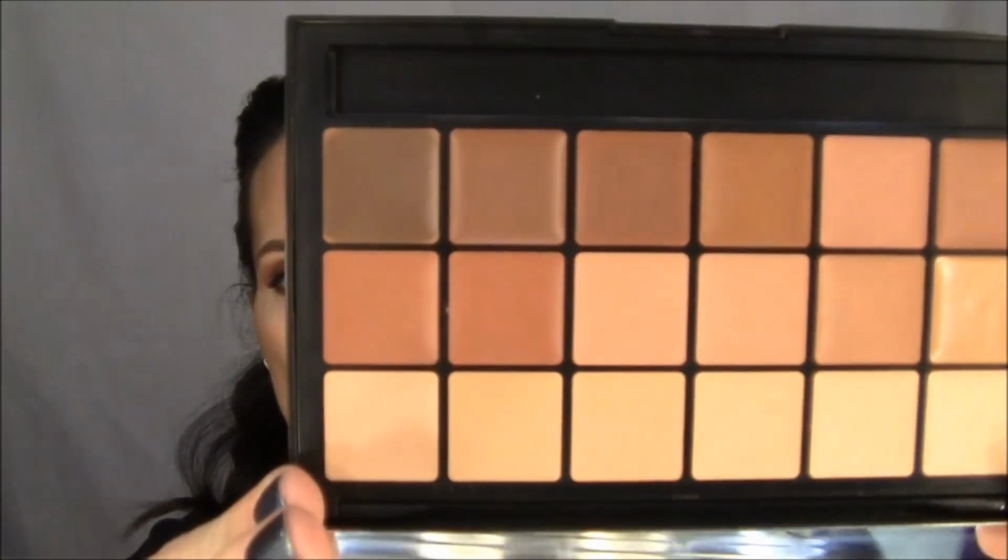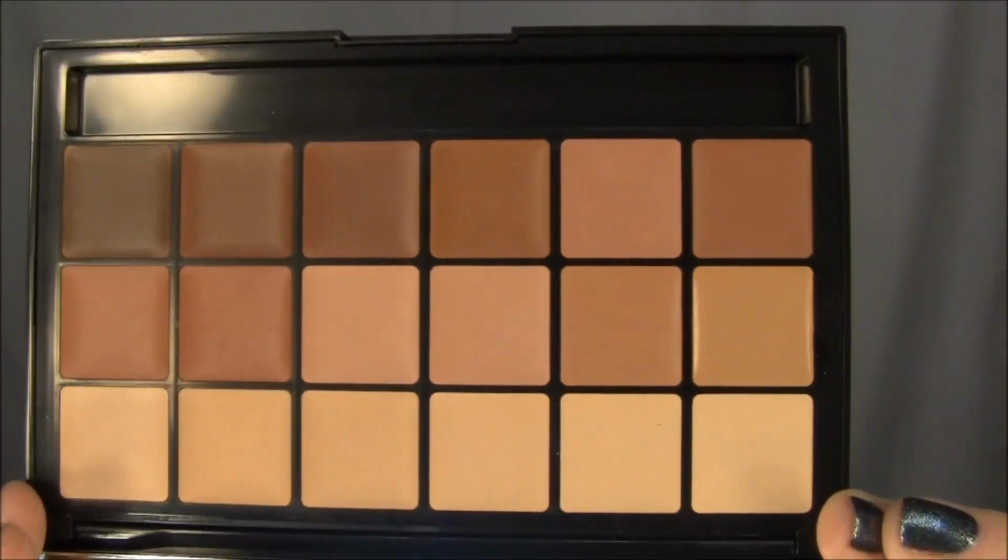Also for my kit, I got this RCMA Foundation Concealer Palette. I'll show you guys what that looks like. It has a nice big mirror, which I don't understand why there's a mirror in it, but there's a mirror. And here are the shades. I was going to get the Bobbi Brown BBU palette. It has all the concealers, correctors, and the stick foundations in it, and I believe that was like $250,